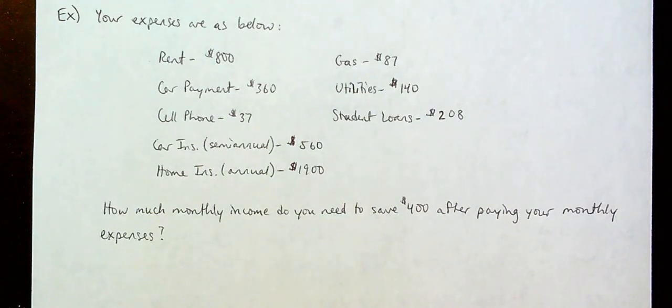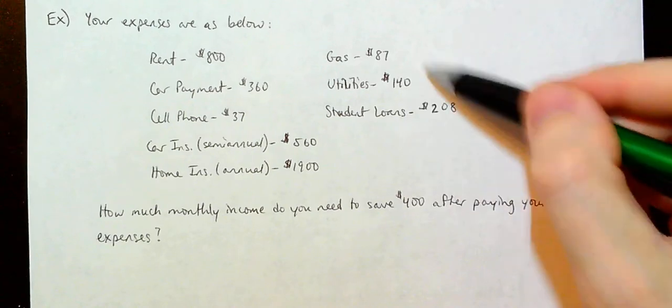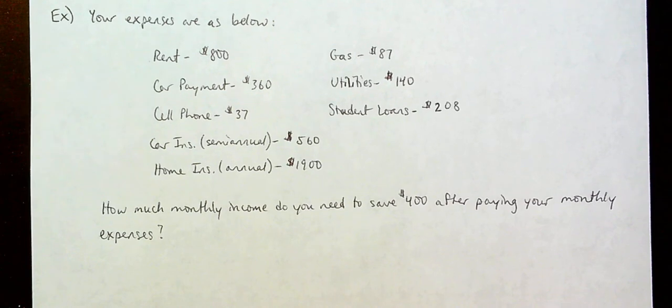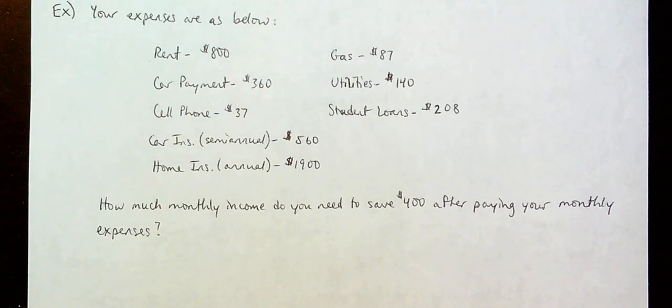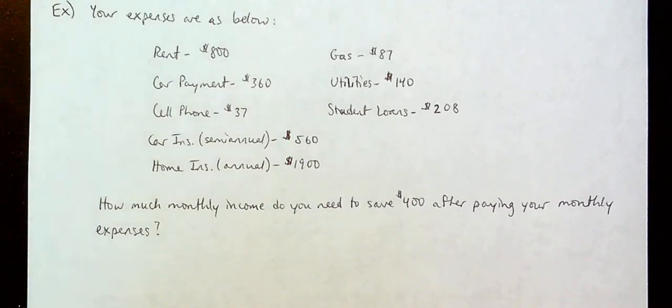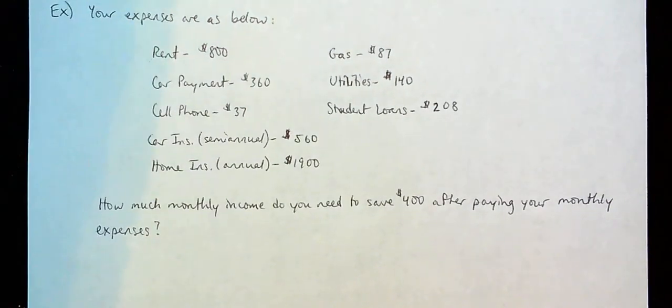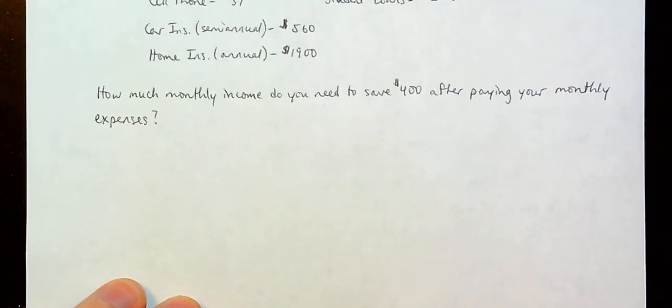But okay, let's figure out what these total monthly costs are going to be. These 6 values here are already given to us as monthly. That's good. We're just going to have to add those things up. The homeowner's insurance and the car insurance are annual and semi-annual respectively. We need to prorate these so we can get the monthly cost for them. So for the homeowner's insurance,